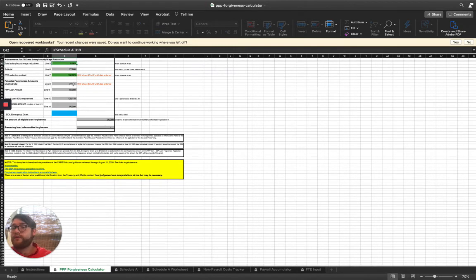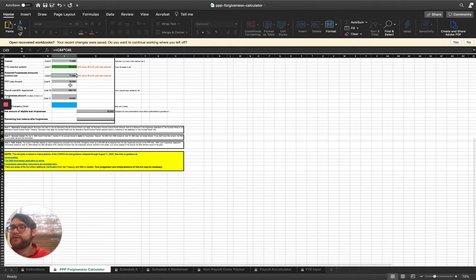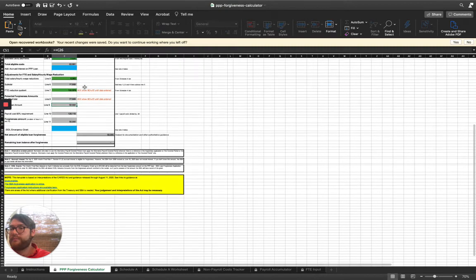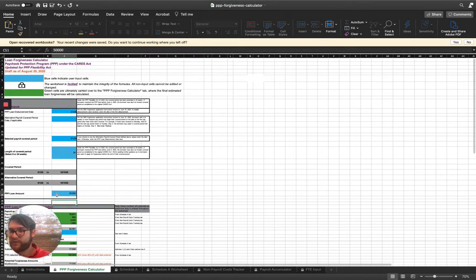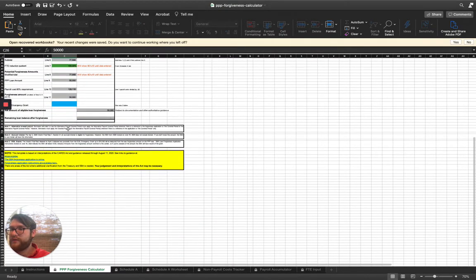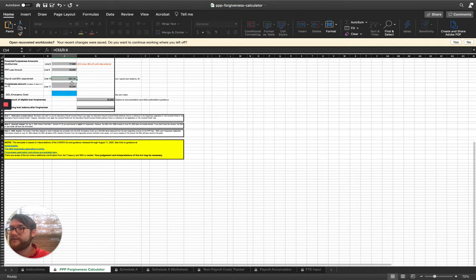So then it will go ahead and bring in this total potential forgiveness amount. From there, we've already got our PPP loan amount, which we put in up here, and payroll costs at the 60% requirement. So it will go ahead and figure all of that out, and then it will figure out your total amount that can be forgiven. So for this example here, all $50,000 which was taken out can be forgiven,